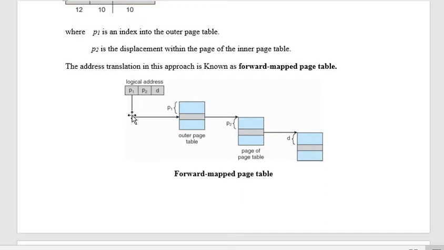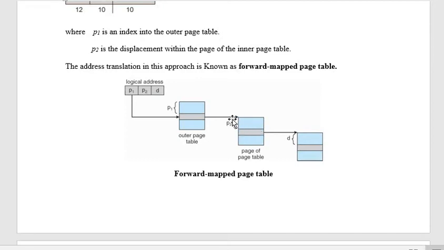So accordingly, it is going to check which page on the inner page table this particular page is pointing to. Suppose I'm generating P1, which is asking for page 1 on the outer page table. Move to that particular index, so according to this, we get to know which inner page it is looking for. Then when you have P2, go there; within that it is asking for a particular page within the inner page table.